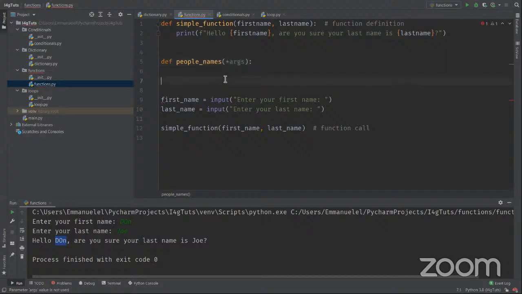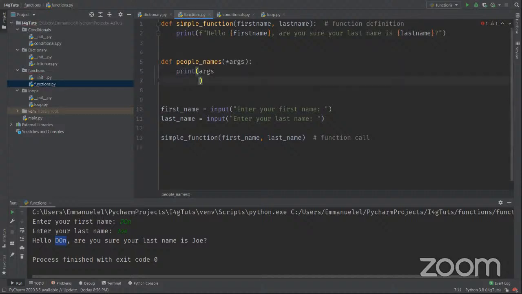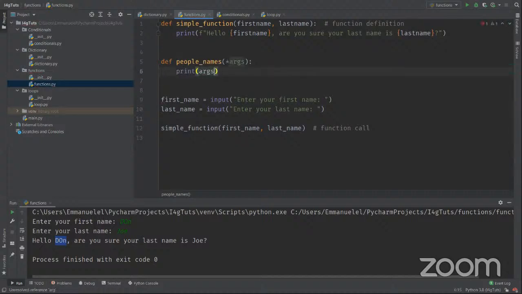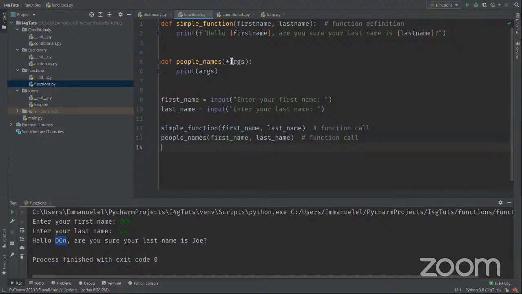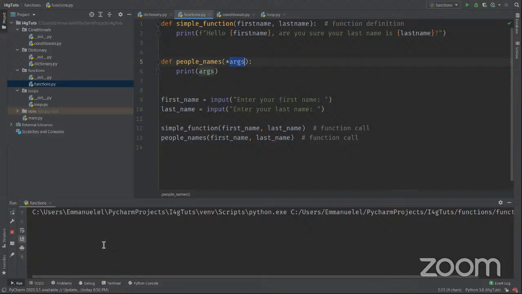It's a default thing in Python, right? If I print args, let me show us something. If I print args, what I can just do here is this is going to take multiple arguments. It's telling me that I can take multiple arguments here. So I can duplicate this. Instead of simple function, I can say people names. Now you can see that it's not complaining because I'm using a star args for it. So if I print this, the star args,